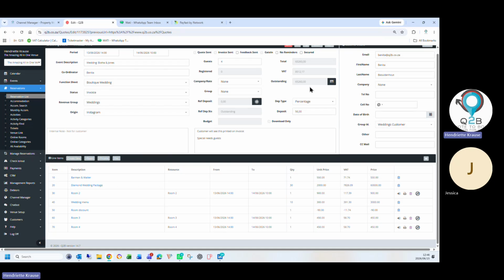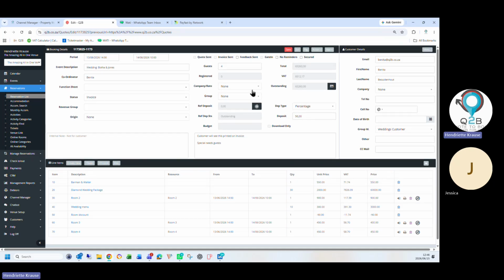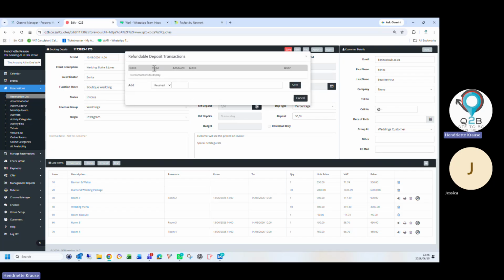Okay. Then here you can decide on a company rate. If you have a corporate rate, you can do the booking at any rate that you desire. And then as soon as you change it here in the header, the rooms will update to that rate. Then we deal with group bookings. I'll show you group bookings. We can manage your refundable deposits for you. If there's refundable deposits on your room, or key deposits, what they also call them, it will automatically calculate here and you can record if you received it or refunded it.